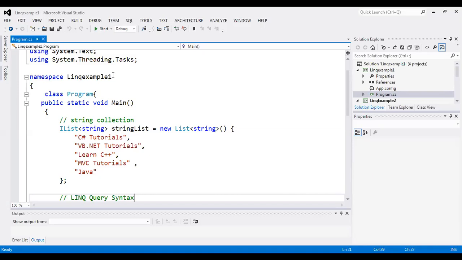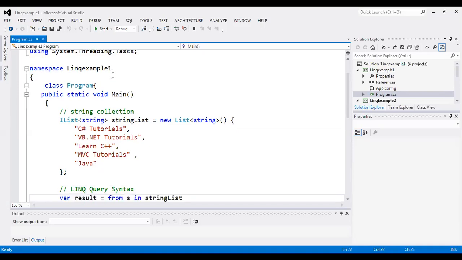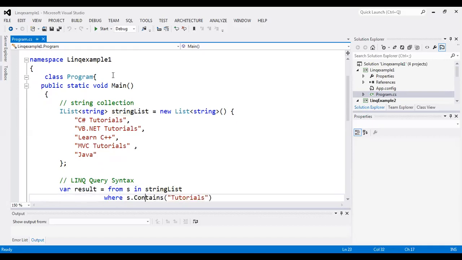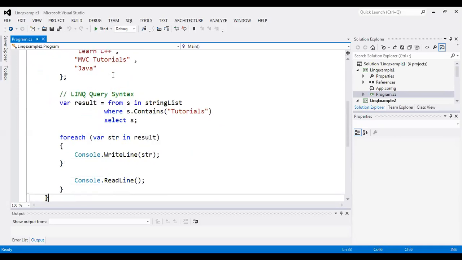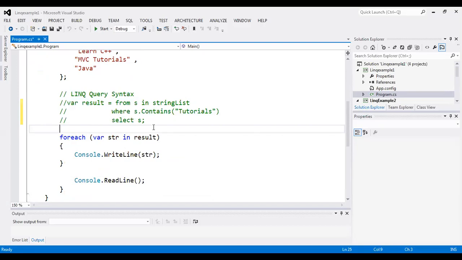Okay, so what if I don't want to make use of such a kind of code over here? Then the easiest solution we have is to make use of LINQ to query on this collection data. So how is the LINQ query syntax used? Wait, I will comment this section first. If I wanted to fetch all string values, or the collection of data as it is, with the help of LINQ query syntax, then I can write it as var result